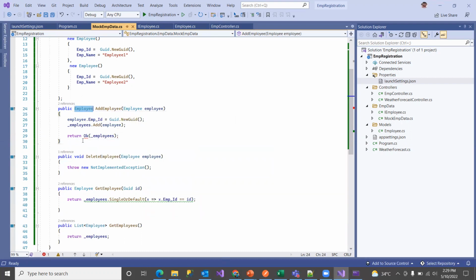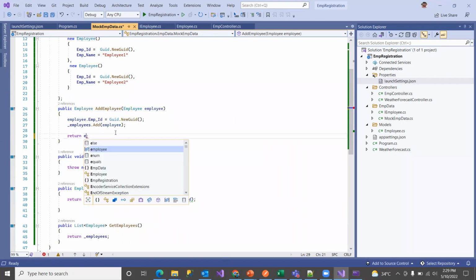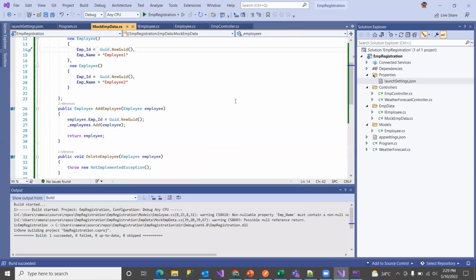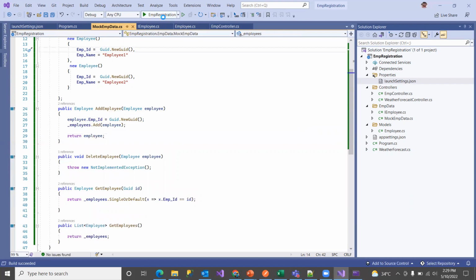I think we have defined employee, then better you define only employee. Build this, spin up your application,